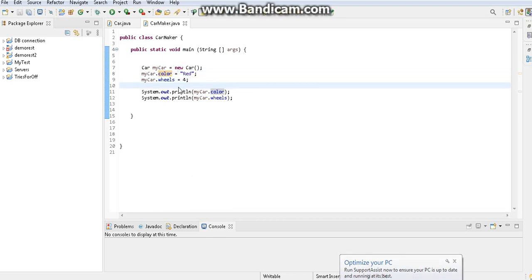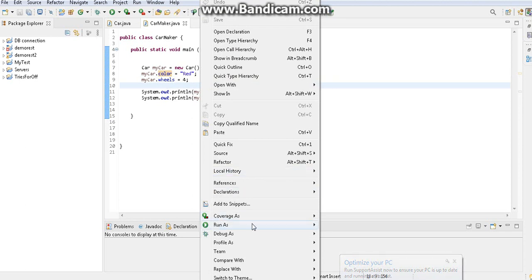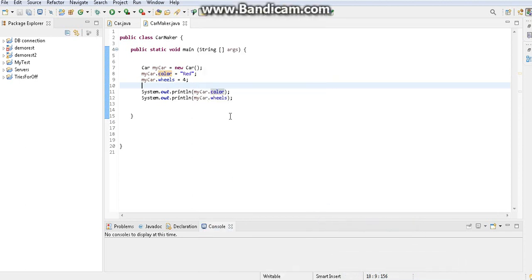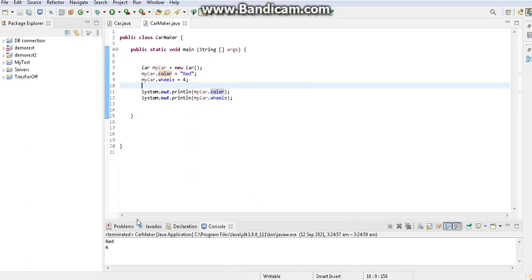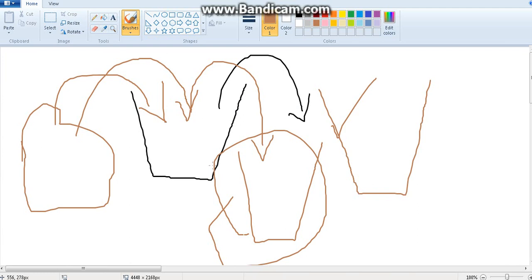If I run this as an application, I will see red and 4 coming here, all good. Now I'm going to create another car object from this class. Because if I have a template, a car template or a flower pot template, I want to create as many real flower pots from that.